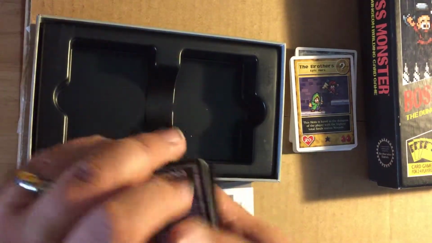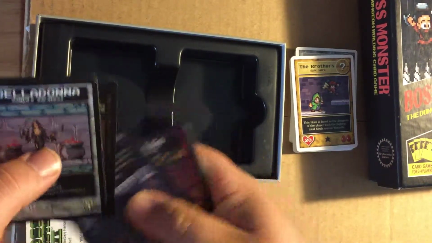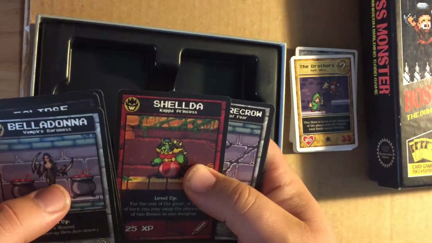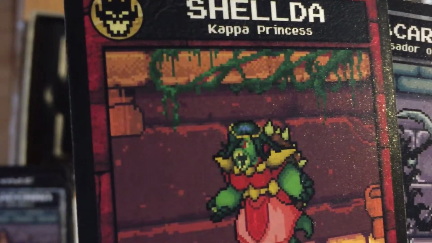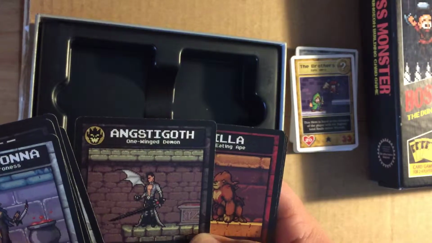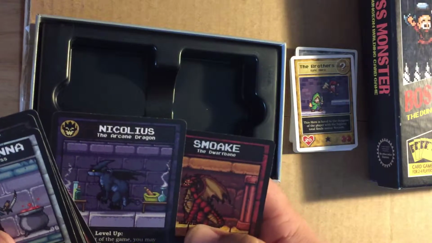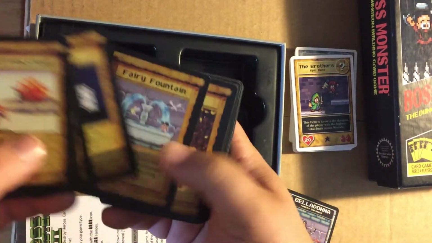So there's the heroes. Here's the bosses. Belladonna, Eclipse, Porcus, Dr. Timebender, Shelda. There's a face only a mother could love. Pixelated mother. Doc Scarecrow, Angstigoth, Killa, Nicholas, and Smoke. And then the spell deck, which is